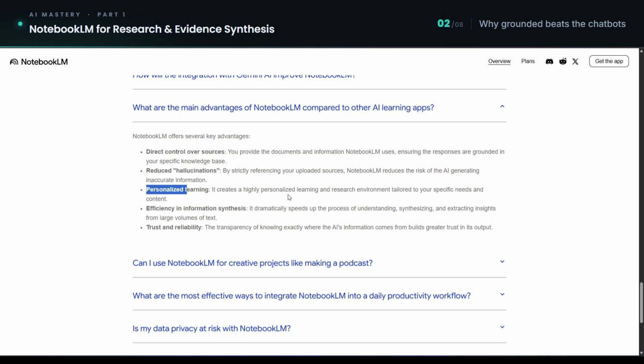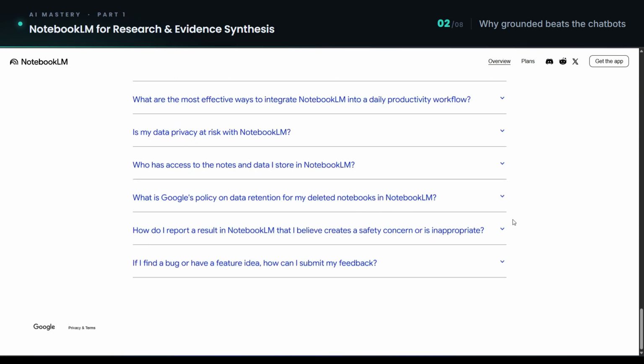It creates a highly personalized learning and research environment tailored to your specific needs. Maybe you have a meeting and you want to put your slides together and write a script. You use NotebookLM. You're working on a specific material, you use NotebookLM. You want to produce reports, you use NotebookLM. 4. Trust and reliability. The transparency of knowing exactly where the AI's information comes from builds greater trust. So, without further ado,